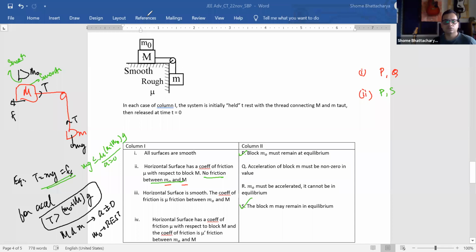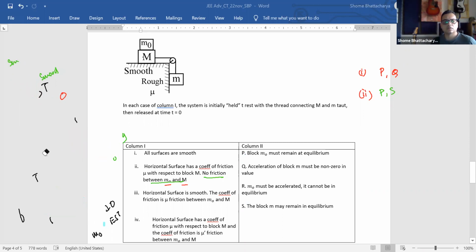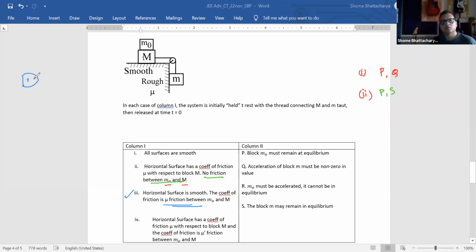Okay. Is this clear to all of you? Okay, now we'll come to the third part. So in the third part, see what's going to happen is, okay. So third part, what we are doing, we are making the horizontal surface smooth, and there's a coefficient of friction mu between this and this. Okay. So the moment that happens now,